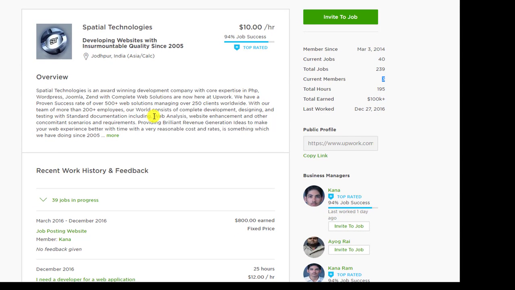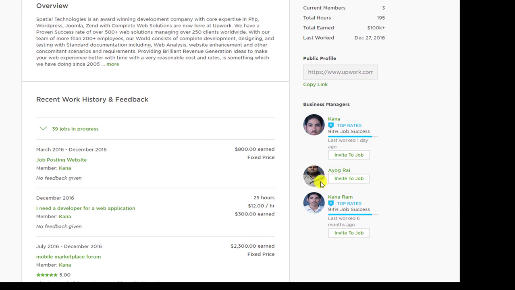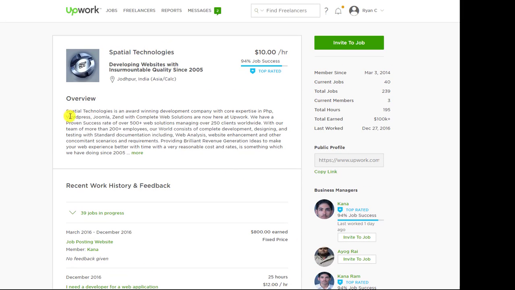I'm a little bit cautious about this one because if they're saying they've got 3 team members, but they've got 200 employees, they should be listing more out here in terms of their team members as well. I understand this says business managers, but it also gives me a greater sense of confidence if there's also some listings here of developers, testers, other people that are working with them. It just gives me a bit more confidence. So if I go back,